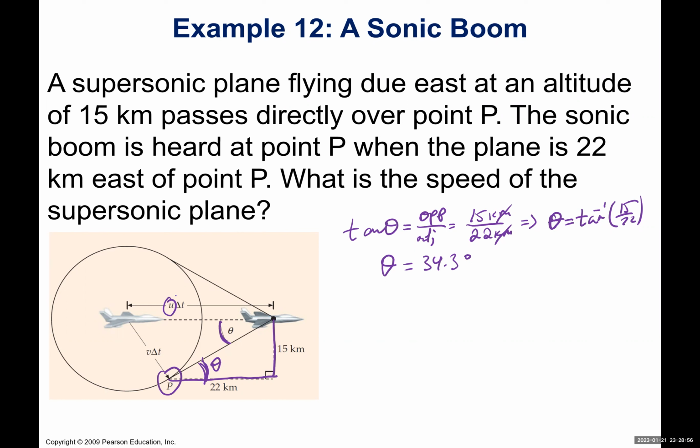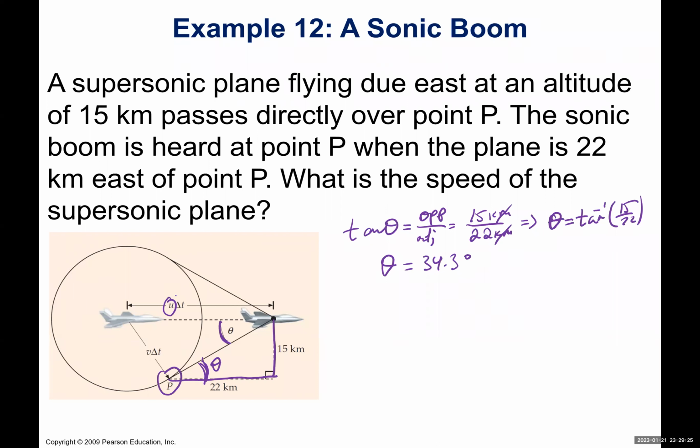Similarly, we can use trigonometry again here to calculate the speed of the supersonic plane. We can assume that the time interval is the same for both plane and the sound. So by the time the sound reaches point P is exactly the same time as the plane covers that 22